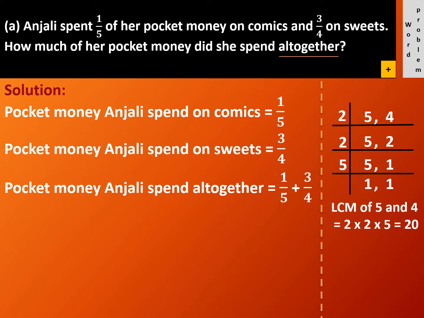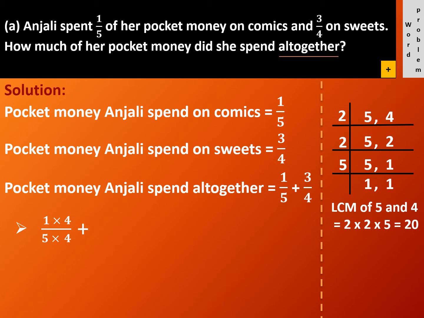Our first fraction is 1/5 and we want 20 at the place of denominator. So which digit will you multiply to bring 20 in denominators? Yes, the answer is 4 because 5 4s are 20. So we multiply numerator and denominator by the same number 4. Then write down the plus sign as it is.